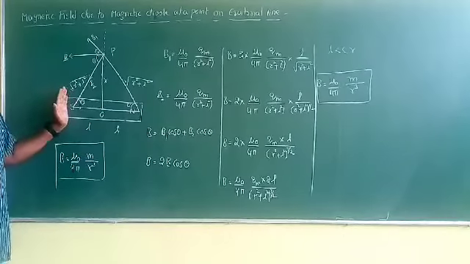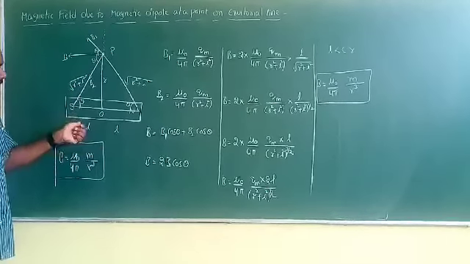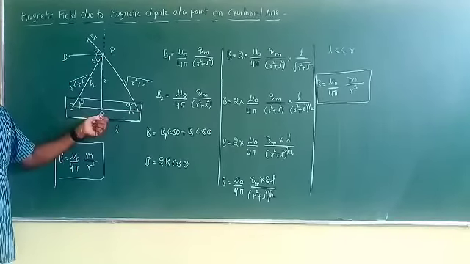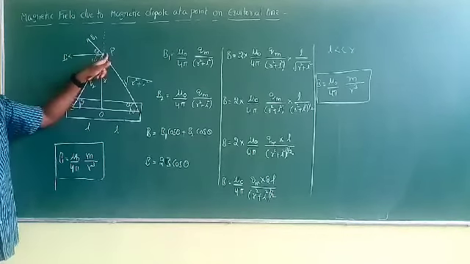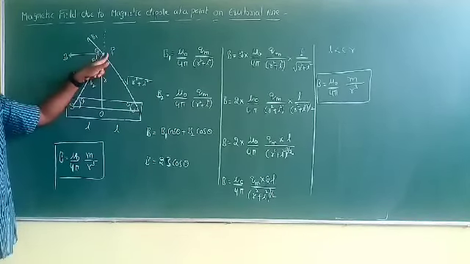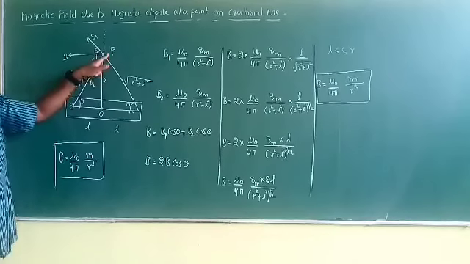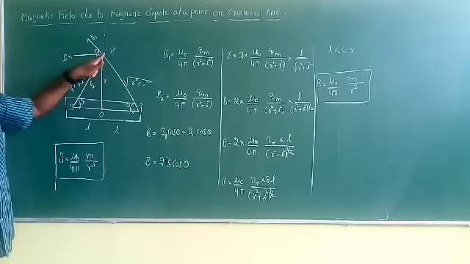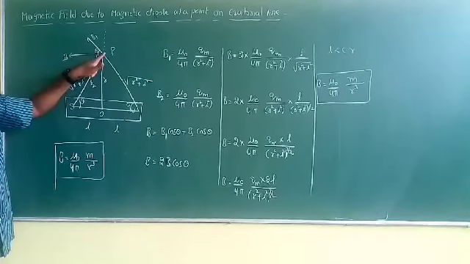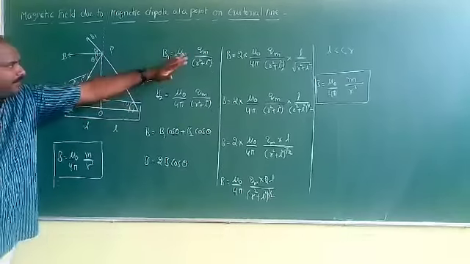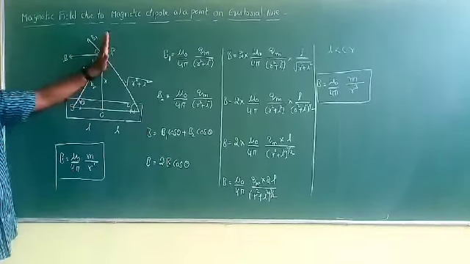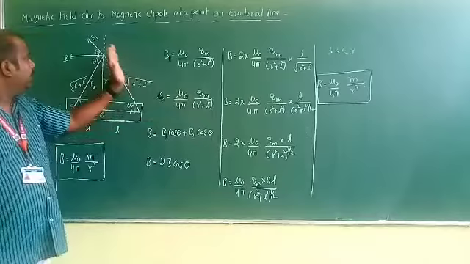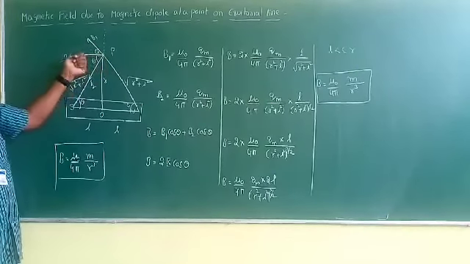Here I am taking one bar magnet of length 2L, with North Pole and South Pole, O is the center, and P is the observation point. That observation point lies on the equatorial line. The distance between the observation point and the center of the dipole is small. Now at the point P, the magnetic field due to the North Pole is given by this equation. At point P, the magnetic field due to the South Pole is given by this equation. The net magnetic field at point P is obtained in this way.